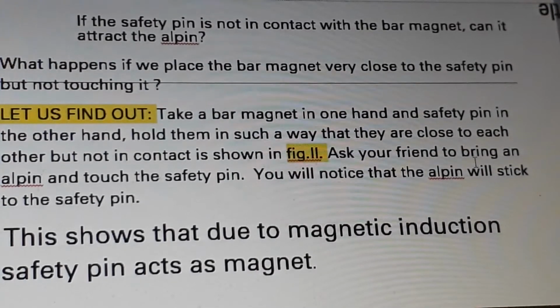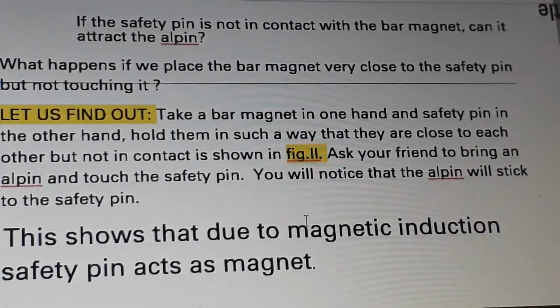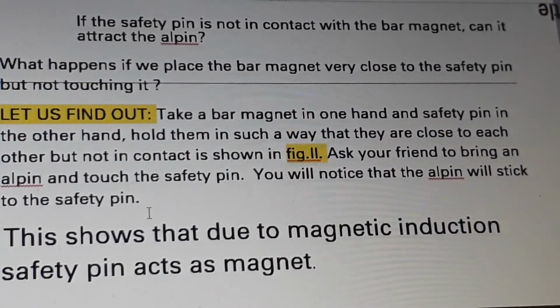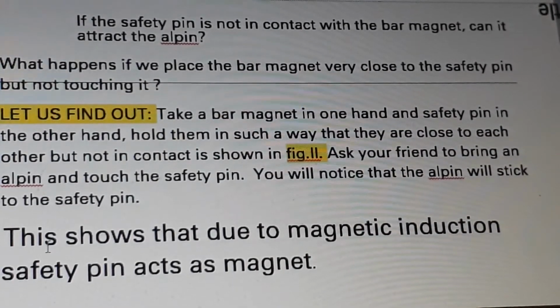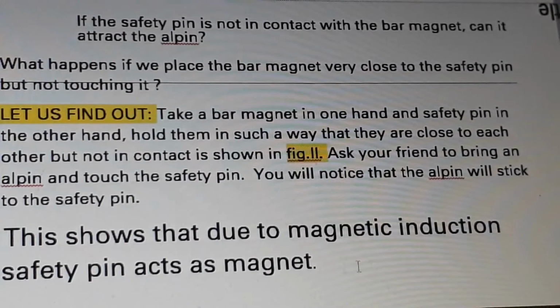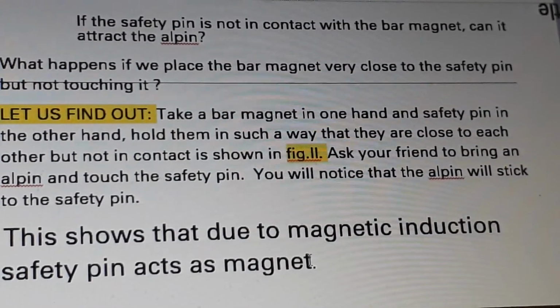Ask your friend to bring an all pin and touch the safety pin. You will notice that the all pin will stick to the safety pin. This shows that due to magnetic induction, the safety pin acts as a magnet.